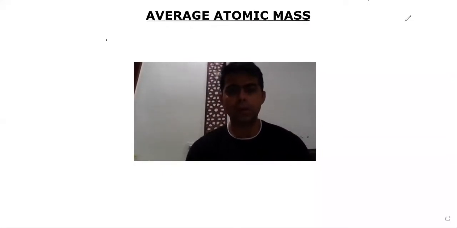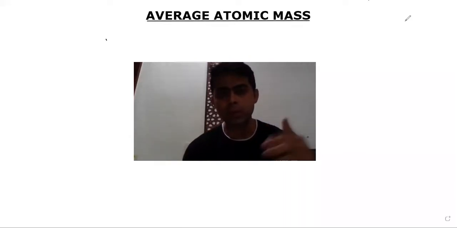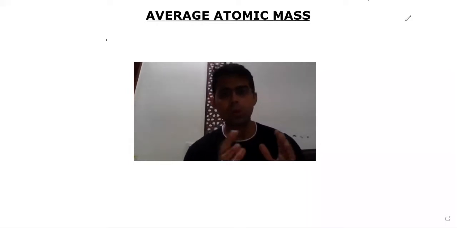Hello students, after learning atomic mass and molecular mass, now let us try to understand what the average atomic mass is. Average atomic mass is basically that observed mass which you see in the periodic table, which is used for calculations. For example, the average atomic mass of chlorine used in calculation is 35.5, copper is 63.5. So now the question comes, okay sir, why do you use